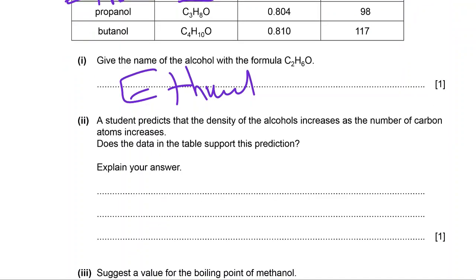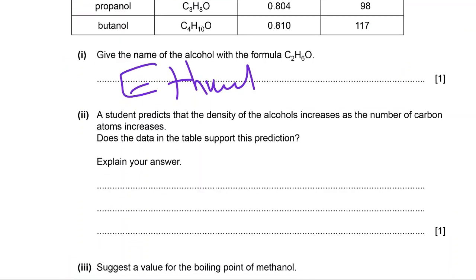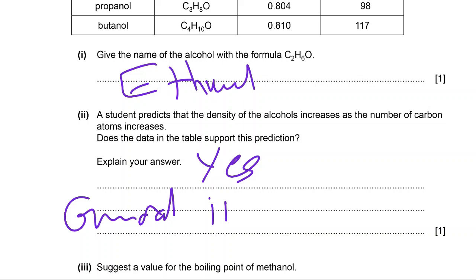Is it correct? As a general trend, yes. Why? Here, the general trend, you can say, because there is a general increase, yes, general increase